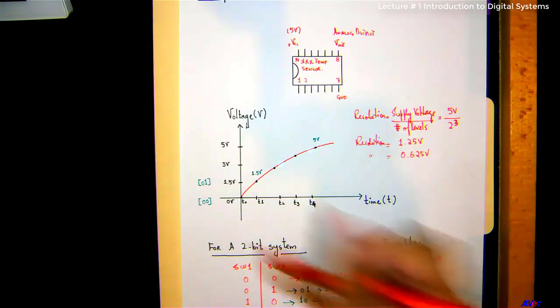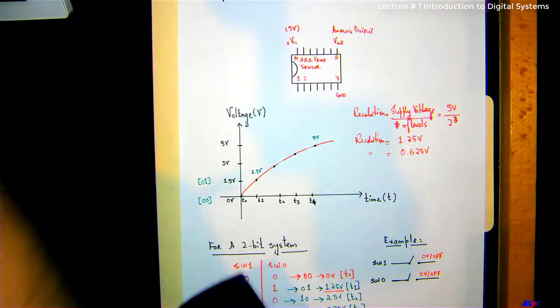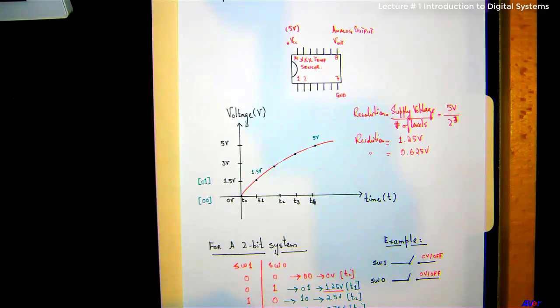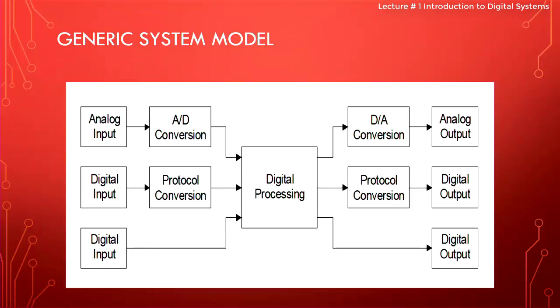Correct? And if you do the math here, you'll get pretty close to 1.5. And if you keep on increasing the number of bits, you'll get to exactly 1.5. Okay? So this is how the computer understands what 0 0 or 0 1 or 1 0 or 1 1 means. I thought this would be a good explanation. We'll actually explore more on this. Okay, all right.